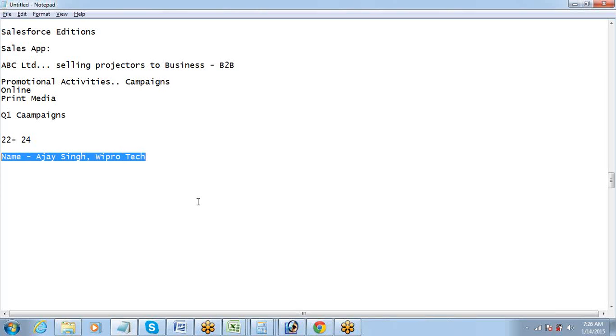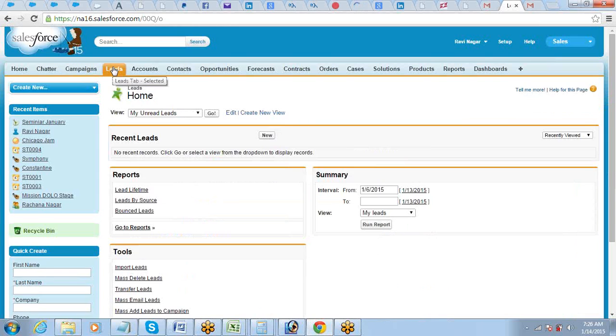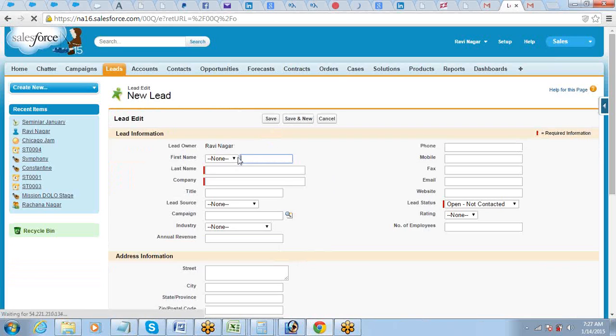So where would we enter this information now? This goes into the next table, that's the leads. So for this gentleman, we are going to create another record in the leads table. This is a lead for us. All this kind of information, all people who have shown interest, all this data will get into the leads table. So go to leads, click on new, and enter the information of that man, Mr. Ajay Singh,